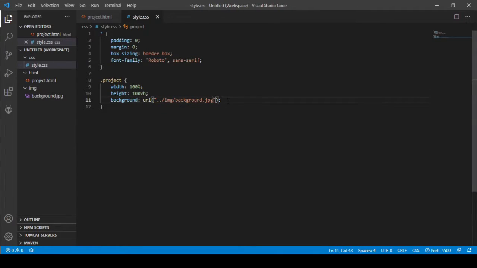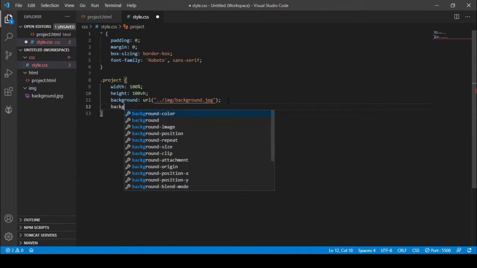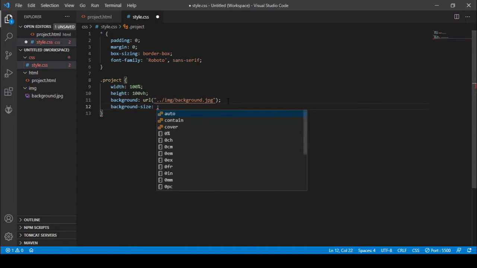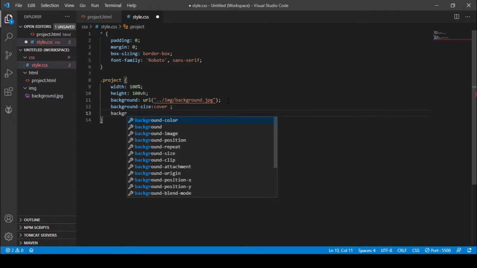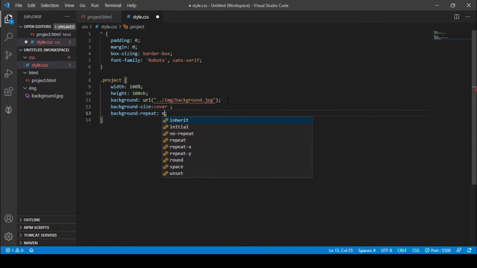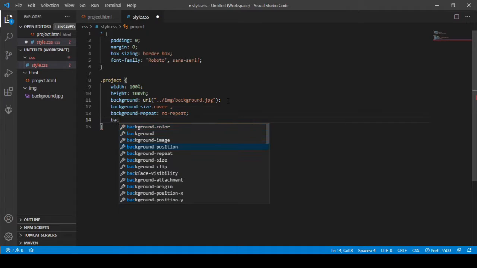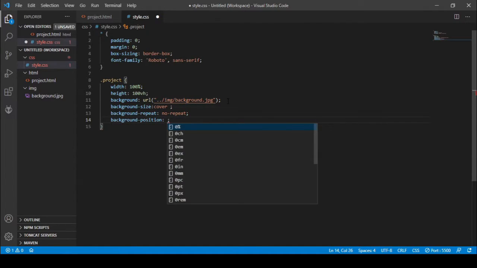Let's save it. Let's give the background repeat as taken background size. We need a background size as cover and the background repeat as no repeat and the background position as center.